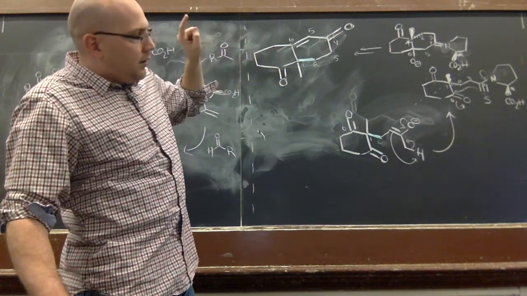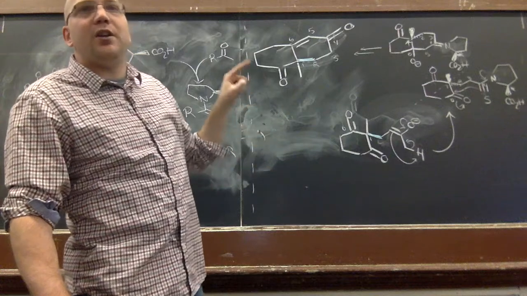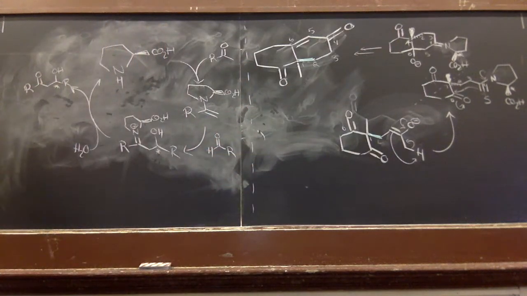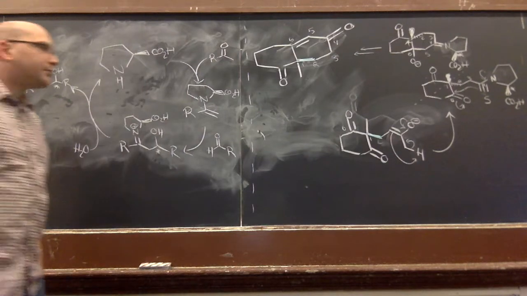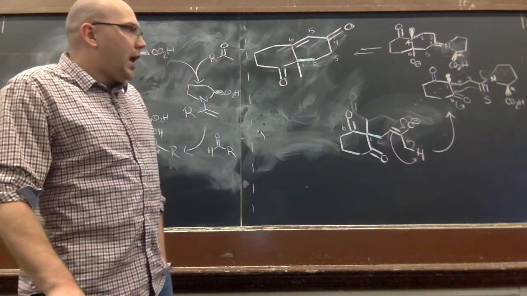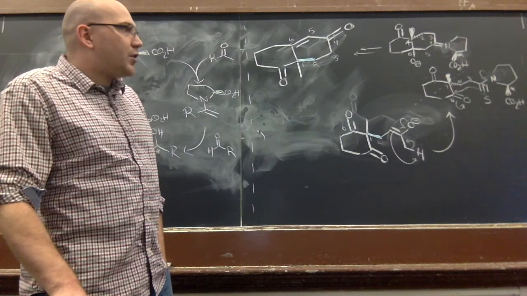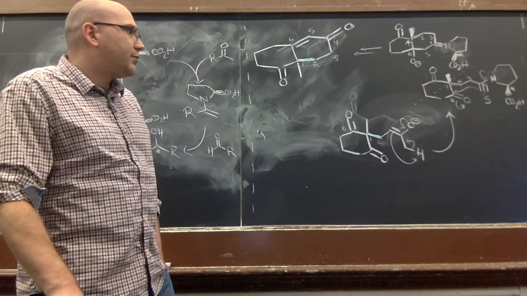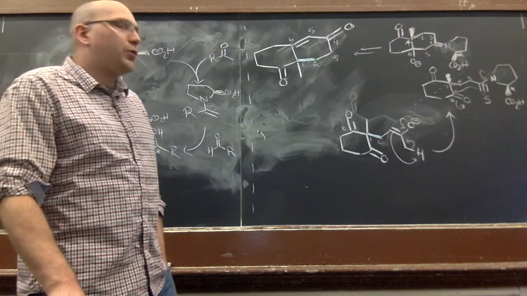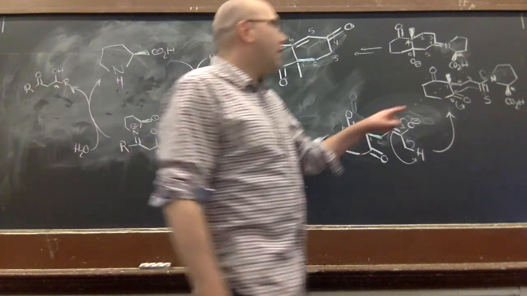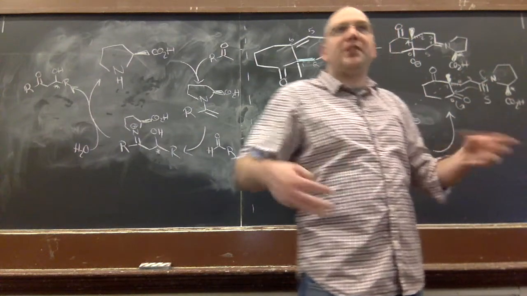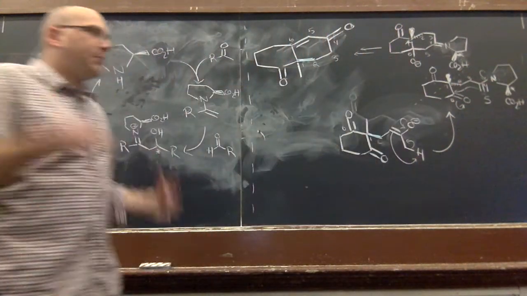The proline-derived version, or the amino acid-derived version, came about in probably about the 1970s or so. And at around the time that I started grad school, around 2002 or so, people were really starting to go to town on new ways to do this type of chemistry and other transformations. So it took a little while to get to that step, but then it really just exploded,